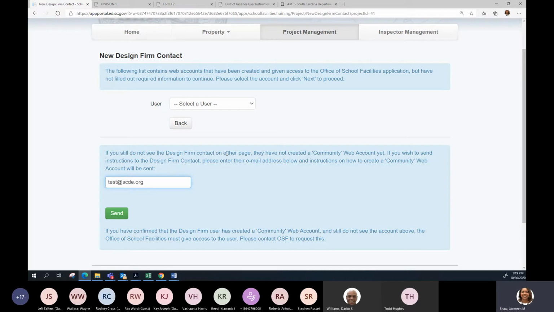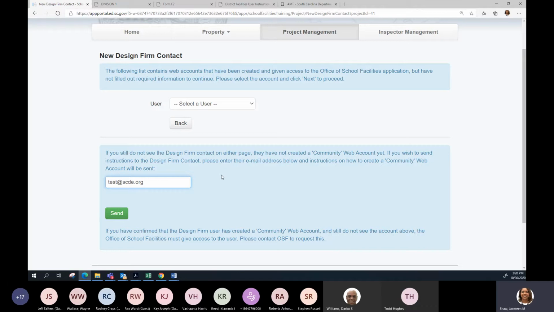But it's essentially saying if you still do not see the design firm contact on either page, they would have to create their community account. And in putting in their email address, you're essentially making sure they get all the information they need to go ahead and get set up with the portal. And so your job is done.